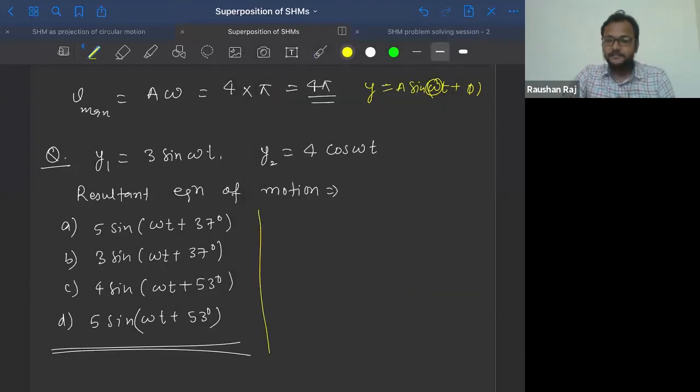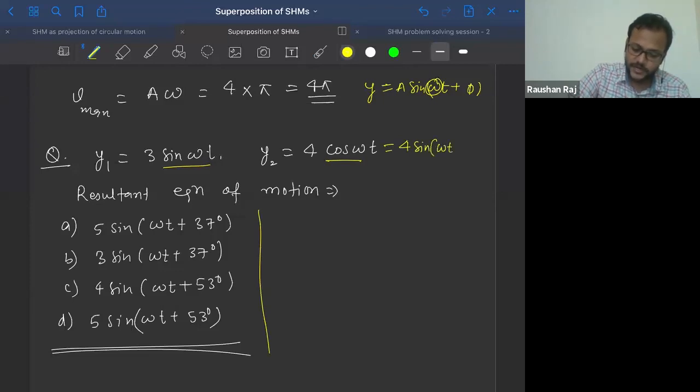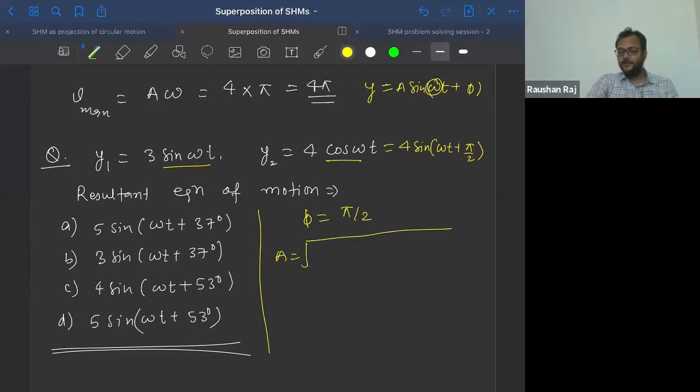We know that to find the phase difference, we should convert all the trigonometric functions into the same one. If you have sine here, you have to convert this cos into sine. Can I write this as 4 into sin(omega t plus pi by 2)? Same thing that we have done there. So what is the phase difference here? The phase difference is pi by 2. So what is the A value? Square root of A1 square plus A2 square plus 2 A1 A2 cos phi. Now write this in the chat. I'm asking you a question: which value should be considered as A1?